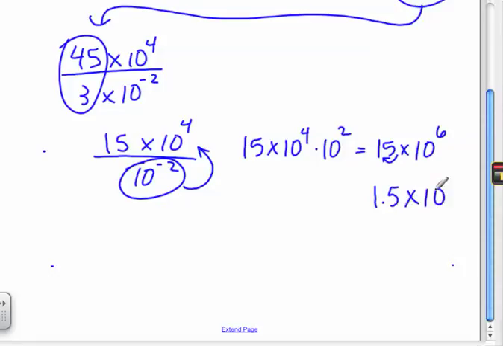So to keep it equal, Chris? 10 to the 7th. Good. That second number has to get bigger. If I'm going to keep it balanced and equal, if I make the front number smaller, I've got to make the second number bigger by a power of 10. Do you agree that 15 is equal to 1.5 times 10 to the 1st times 10 to the